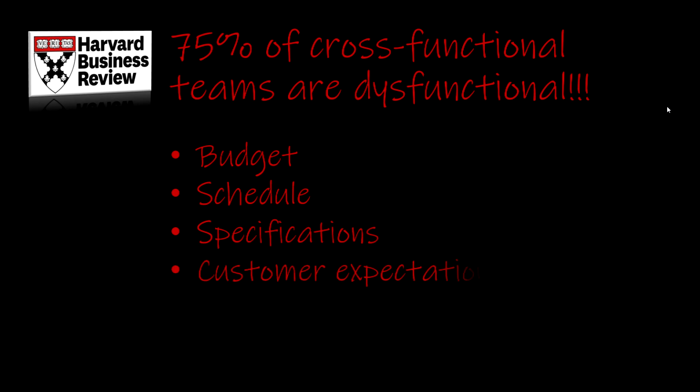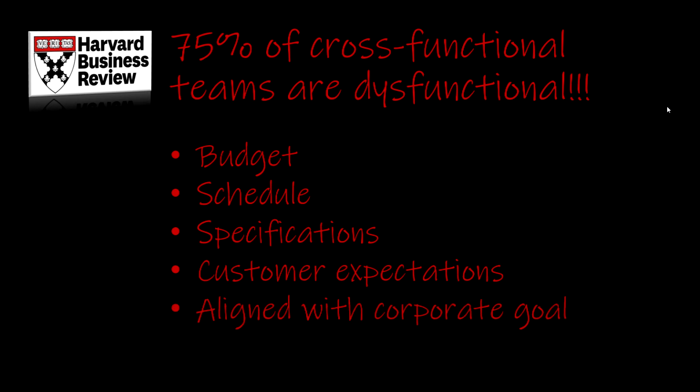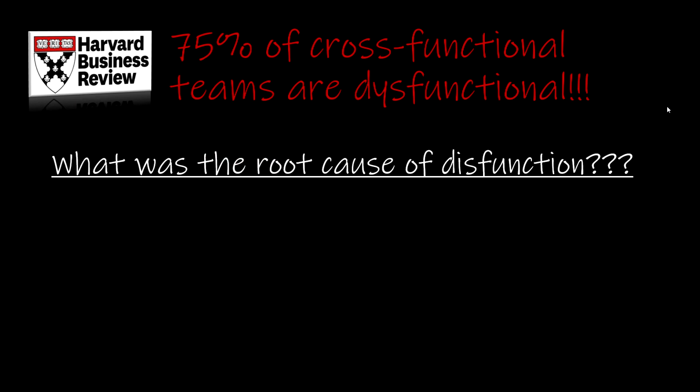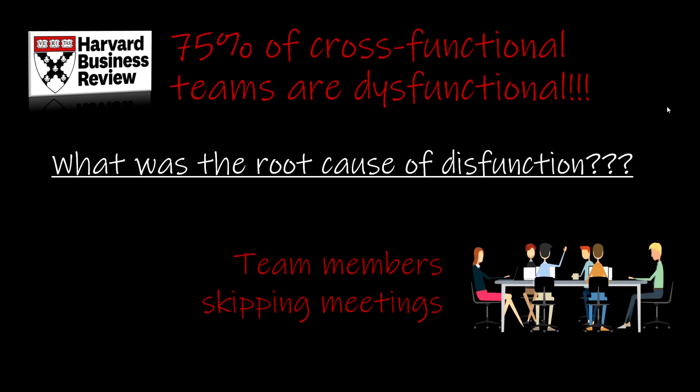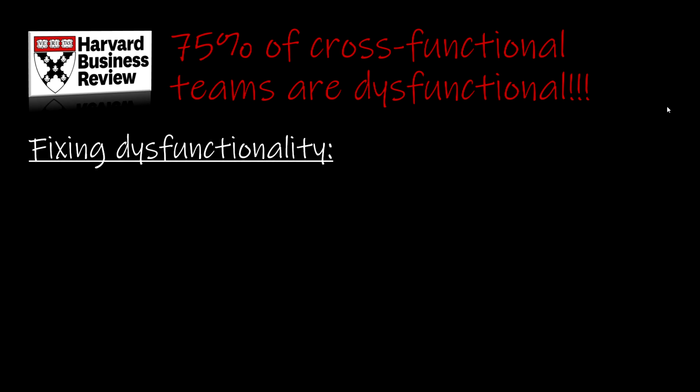There are also challenges with meeting customer expectations, as well as making sure that the cross-functional team stays aligned with corporate goals. Now, what was the root cause of all this dysfunction? According to the article, the number one cause was that team members were skipping meetings. Now, that sounds like a very simple fix, so let's take a look at what was recommended for fixing this